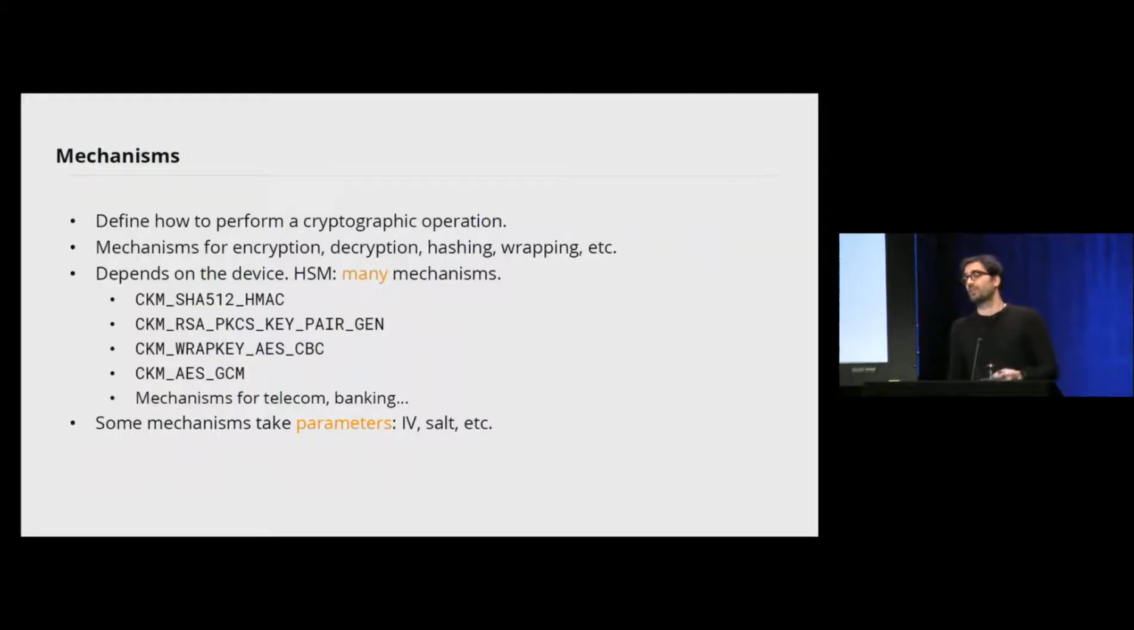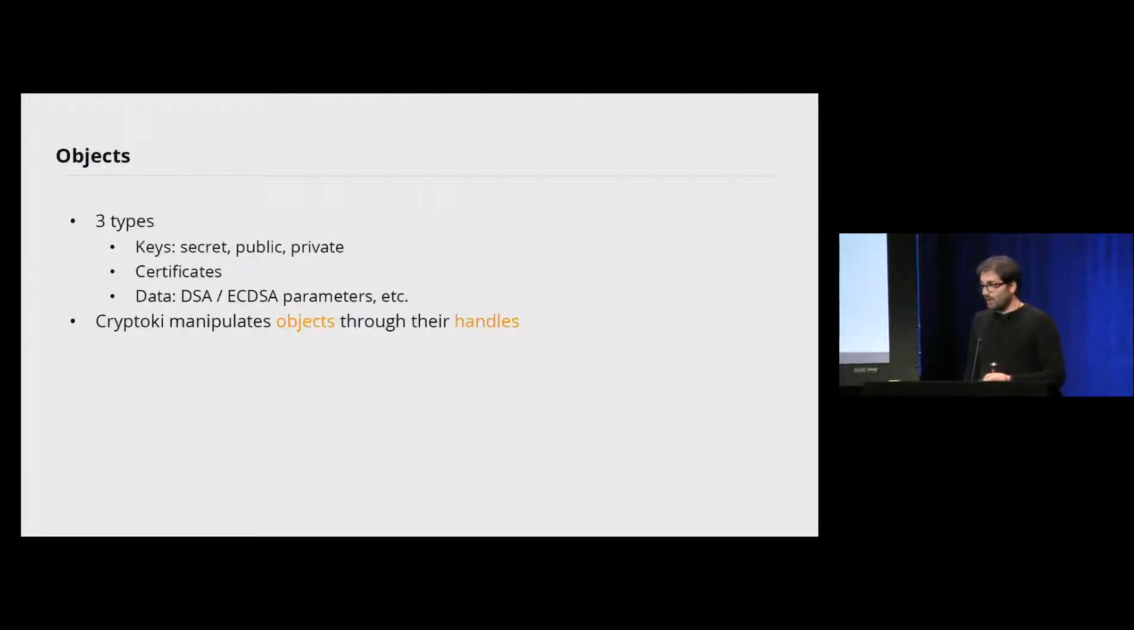What are mechanisms? Mechanisms define a way to perform a cryptographic operation. So a mechanism for encryption, decryption, wrapping keys, and so on. And this mechanism really depends on the device that we consider. For example, a smart card will have very few mechanisms. Maybe one mechanism to generate an RSA key, one mechanism to encrypt using Triple DES, and one mechanism to sign data, and that's all. However, an HSM has much more functionalities. It will support many more ciphers. It will support authenticated encryption, for example, and higher level constructions. And it will also possess custom mechanisms that will be used in telco or in bank environments. All these mechanisms